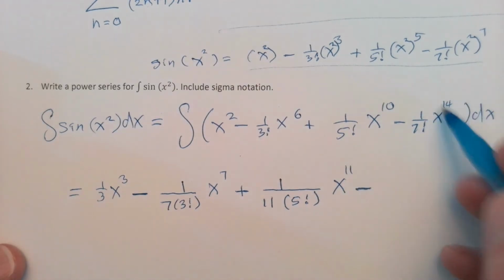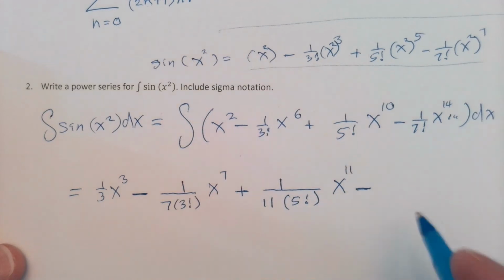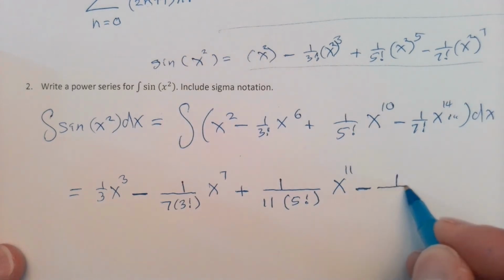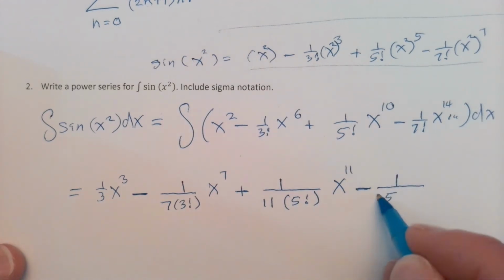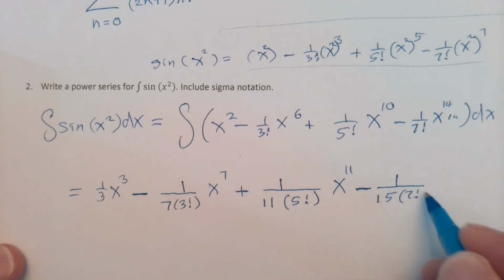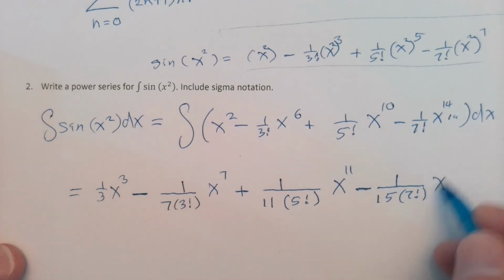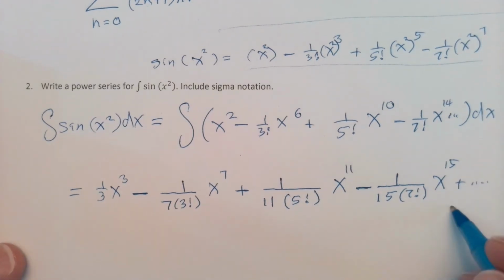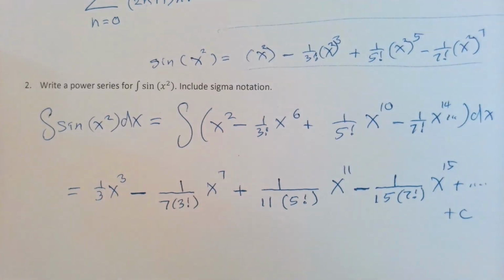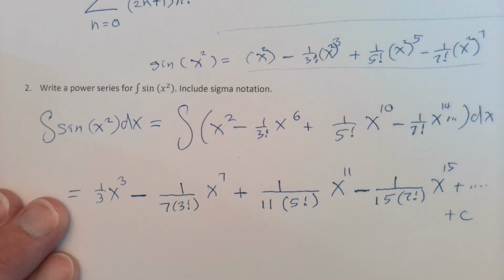This goes up to the 15th power, so you'll have to divide by 15. So down here in the divisor of this fraction, you'll have a 15 and a 7 factorial. And because it's an antiderivative, probably ought to put plus c in here, which I didn't need in the last problem, because in the last problem I was really doing an indefinite integral, and I